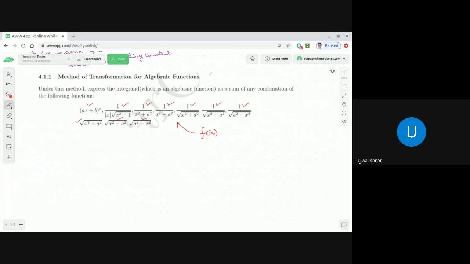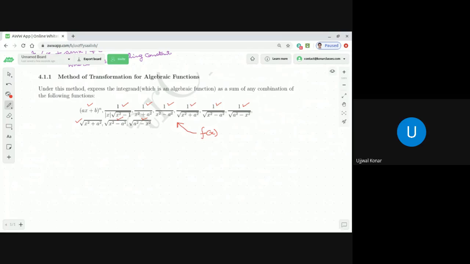Got it, no? Now, I said a few seconds back that sometimes we may not be able to achieve that. In that case, the method of transformation will not help us find the solution to the integral. Then we need to apply something different. And what about the methods I discussed so far? The method of transformation, method of substitution, method of by parts, method of reduction, method of partial fractions, all of these we need to use in a complementary manner.